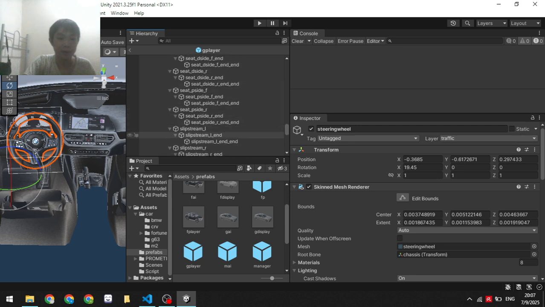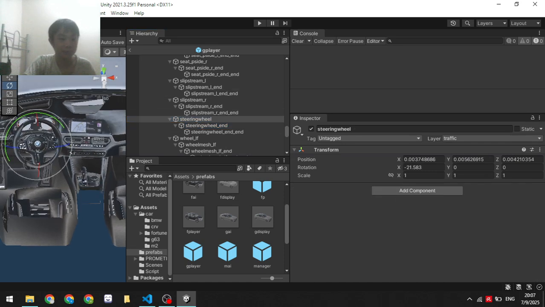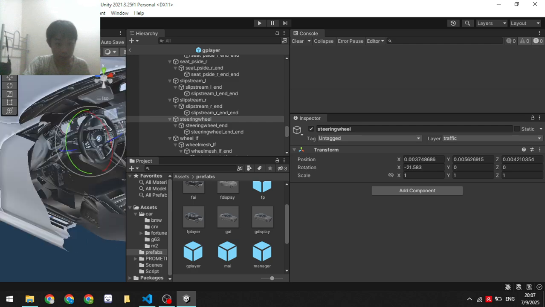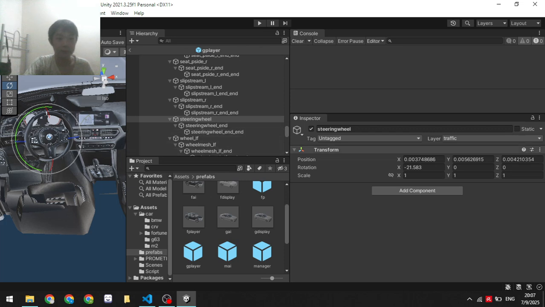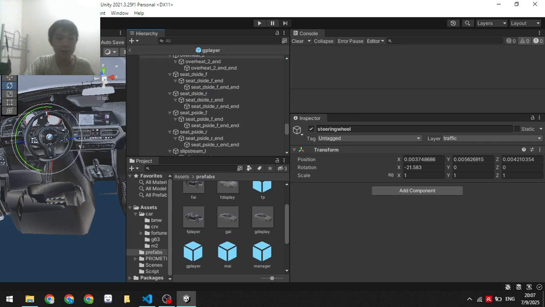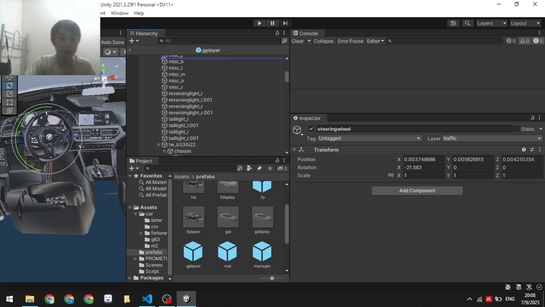I just noticed this is the mesh, so this is the one that will be rotated. Let's just do it. I will drag this out of the body to here, the actual G20. Wait, there are so many of these, bro. We're gonna unparent this. Why is this so long, man?